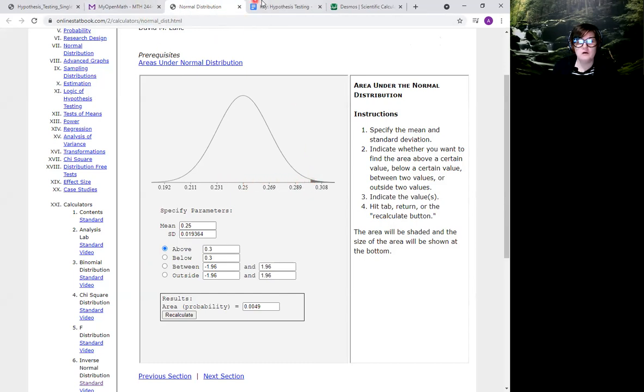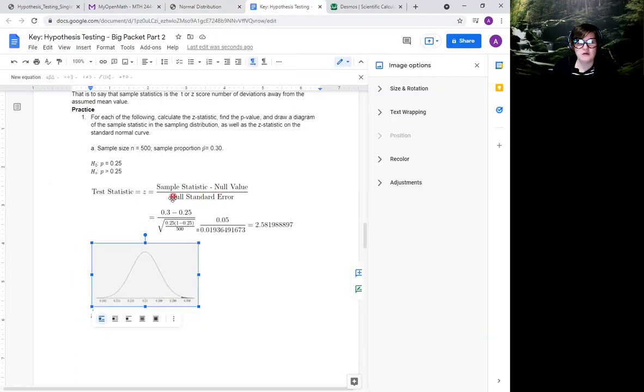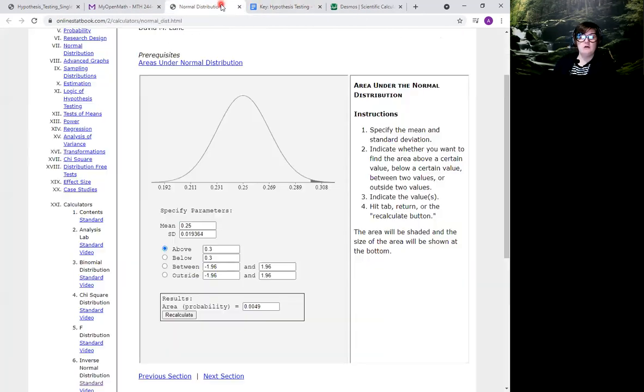And then we're dividing by the null standard error, the width of one of these standard errors. So I have a distance divided by these widths. So what this actually does is it tells me how many standard errors away those two numbers actually are,